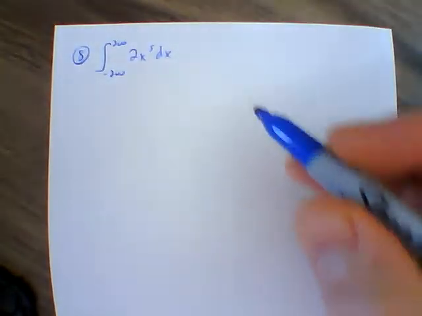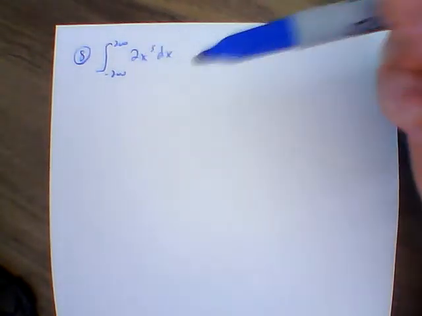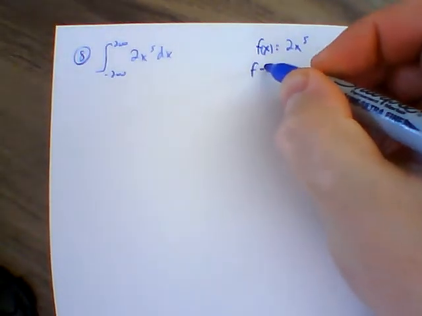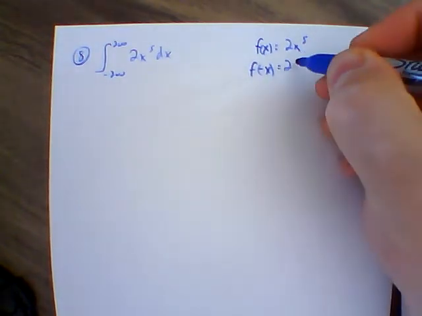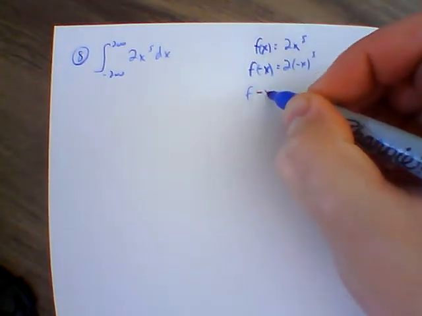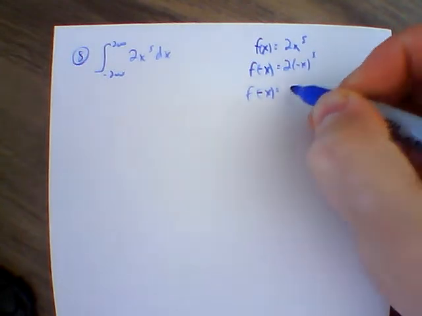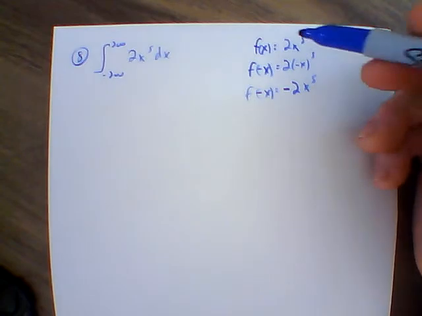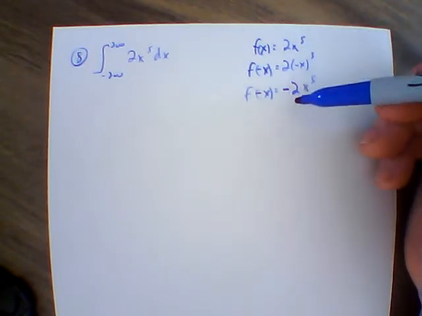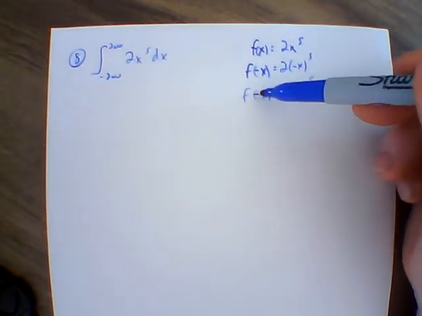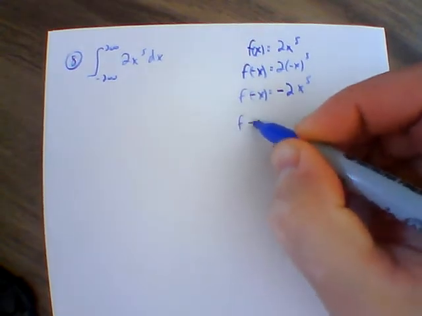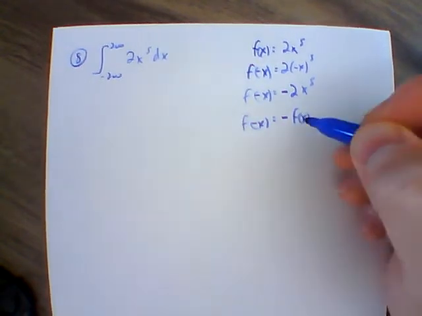Now, one of the things that we always want to consider is what this function inside here is. So if I were to say f of x equals 2x to the 5th, and I put in a negative x, that means I'm going to put a negative x under this 5th, which gives us f of negative x. The negative to the 5th power would be a negative, so we get negative 2x to the 5th. So we see that f of x is 2x to the 5th, and if we put in a negative x, we get negative f of x. So f of negative x equals negative f of x,